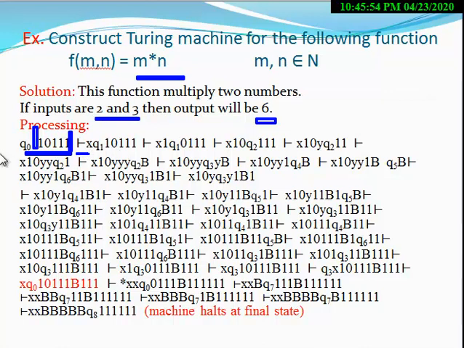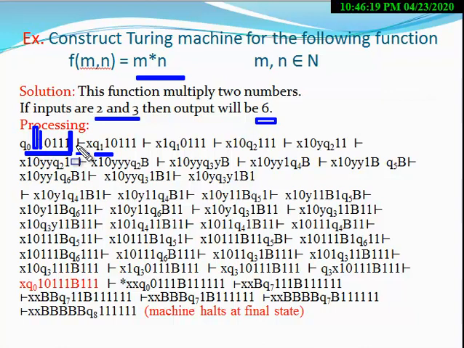Next again you have to move left and remove the second one. Again move to the right, and you have to copy all these 3 ones after this here. So 3 here, 3 here. Right. Again move to the left and check after 0 any one exists. So clearly there is no one exist.